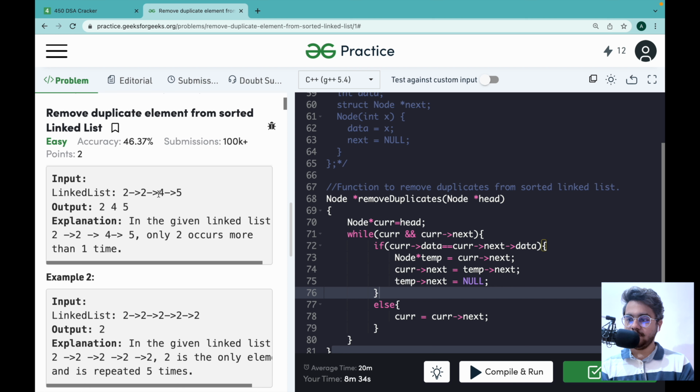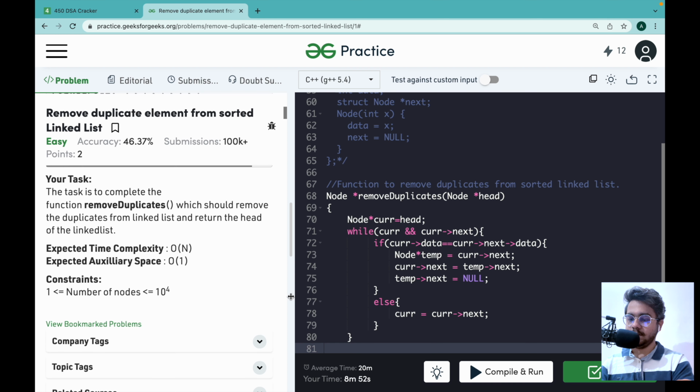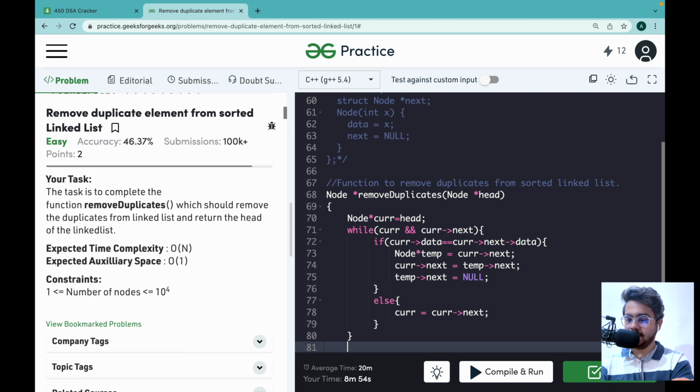Now 2 is pointing to 4 and 4 is pointing to 5. As in other cases, we are simply required to return the head that was